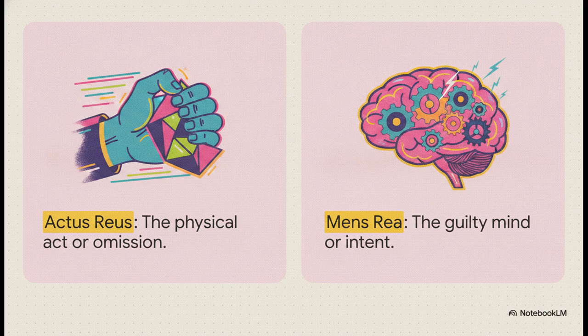But honestly, just as crucial is the mens rea, or the guilty mind. Did you swerve to avoid hitting a stray dog? Or did you swerve intentionally to crash into your neighbor's mailbox? The law absolutely needs both the physical action and the mental state driving it to build a crime.